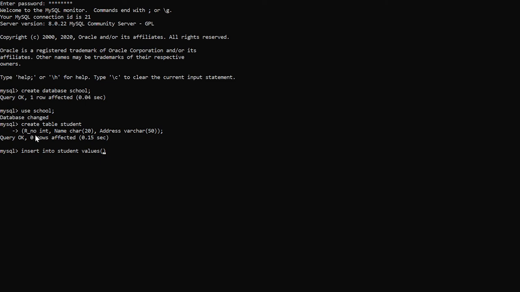Firstly roll number 1, name Anjali, and the address is Rohini. We have to mention the integer field without any quotes, and the character and varchar fields inside single quotes, right? After this we have to mention the semicolon, the terminator, and after pressing enter we get Query OK, one row affected. Now one record is inserted, right?